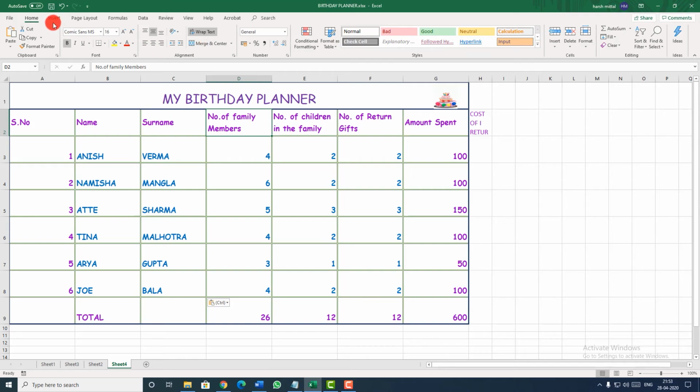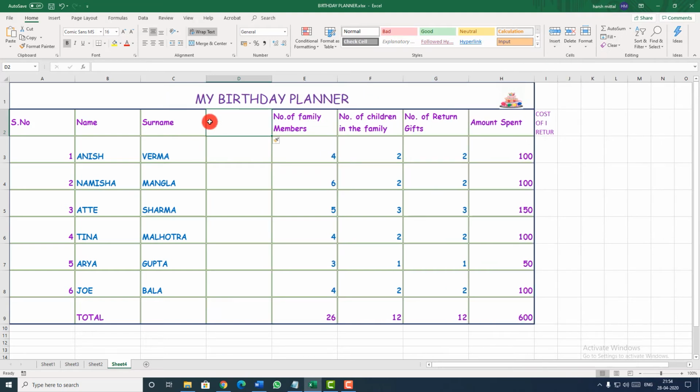I'll go to the Home tab, Cells group, Insert option, and again I'll choose Insert Sheet Column. Here I'm going to write full name. So children, let's see how we are going to join the name and the surname.